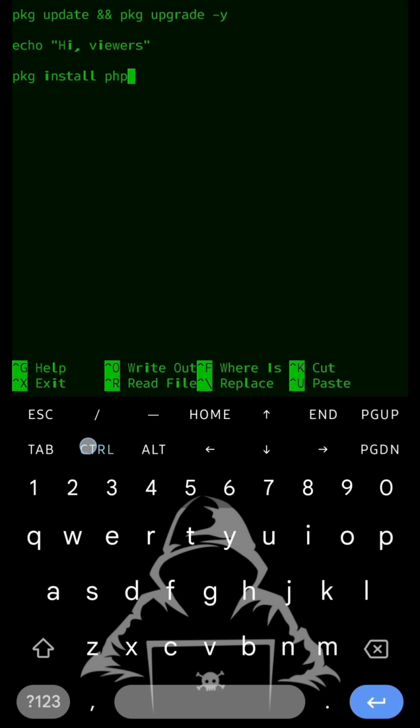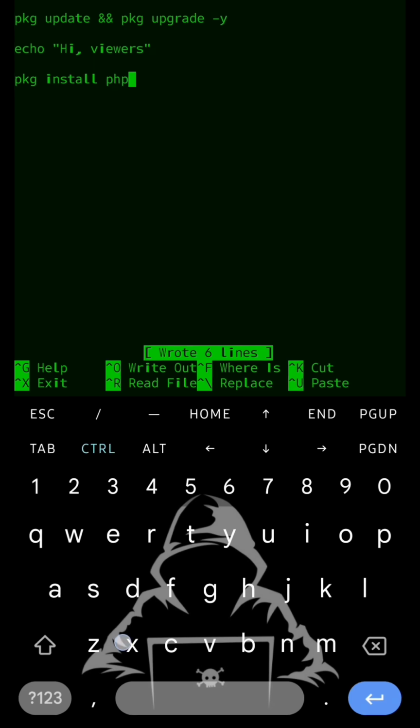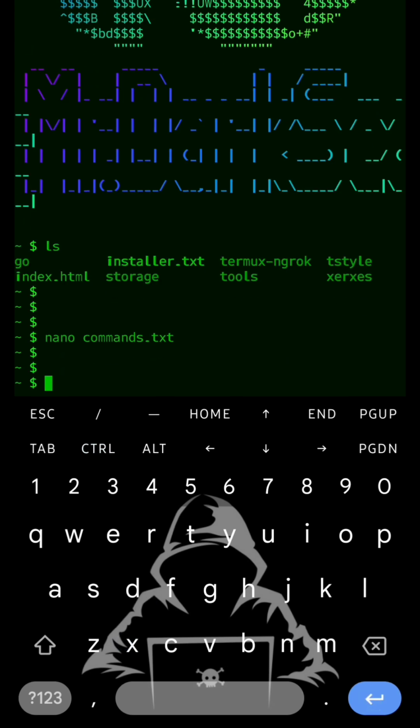Now I am saving the file by entering ctrl plus s and exiting the text editor with ctrl plus x. And now we know all the commands are in the commands.txt file. Let's execute the file by typing